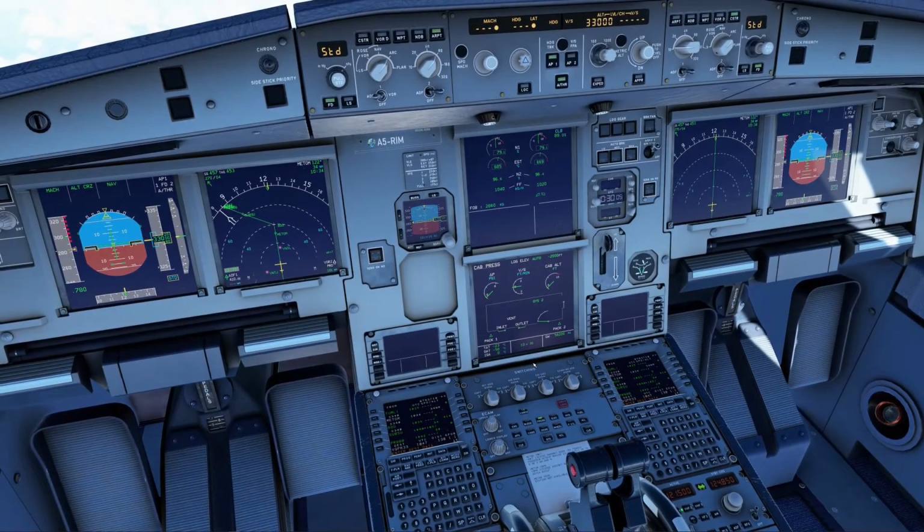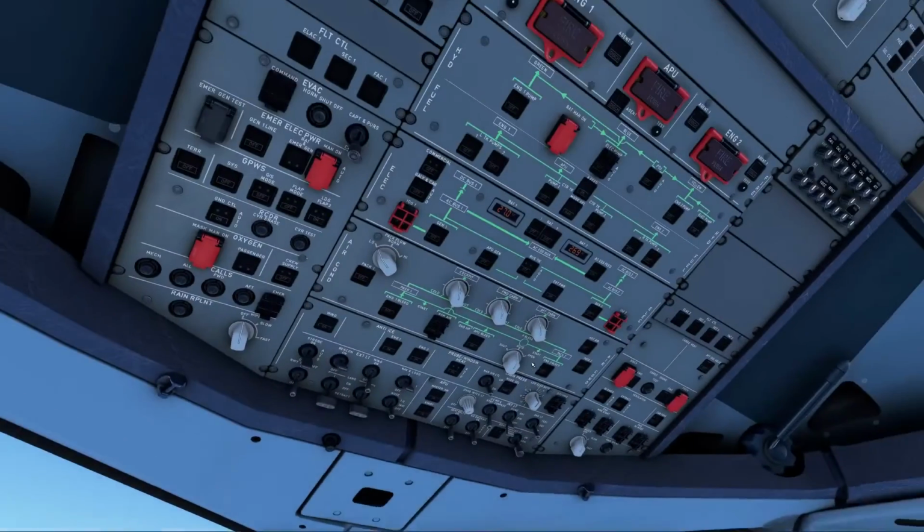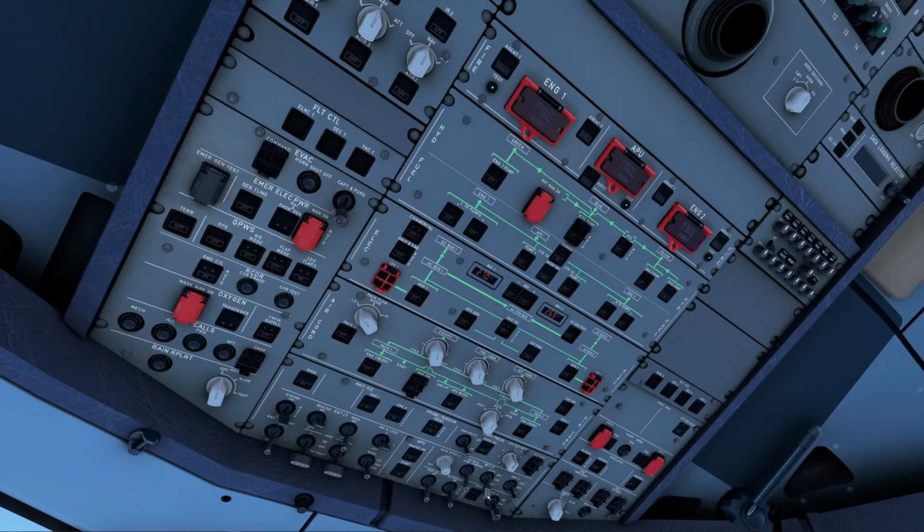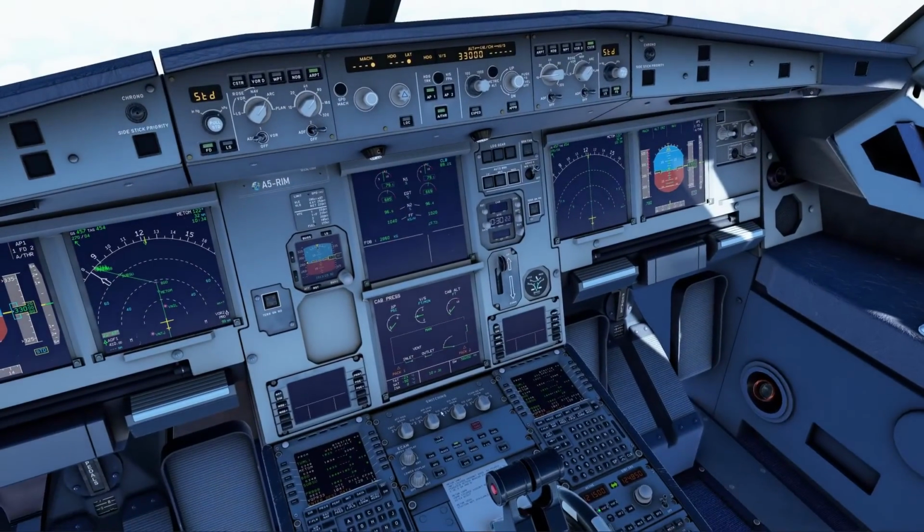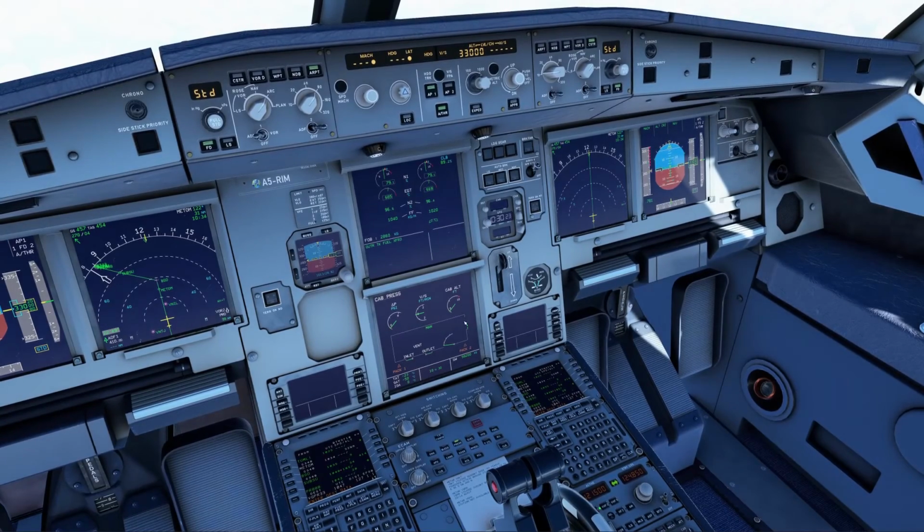I'm not sure if the pressure page is working on this aircraft actually. Let's see what we can do. I'm going to turn the packs off and cabin pressure on manual. So let's see what happens. Packs are off.